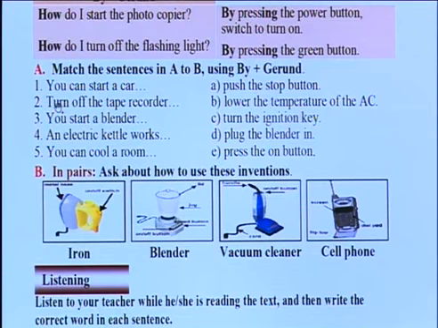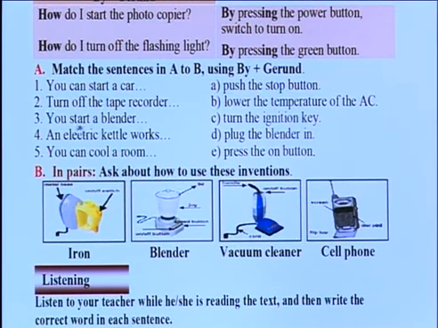Great, excellent. Let's read number 2. Turn off the tape recorder. ما چه قسم میتونیم تیپ رکوردر رو آف بکنیم؟ by. خب جمله اول چه قسم بود؟ You can start the car by turning the ignition key. جمله دوم چه رقم جور میکنیم؟ Turn off the tape recorder by, good, by pushing the stop button. با فشار دادن دکمه stop ما میتونیم یک تیپ ریکوردر خاموش بکنیم.